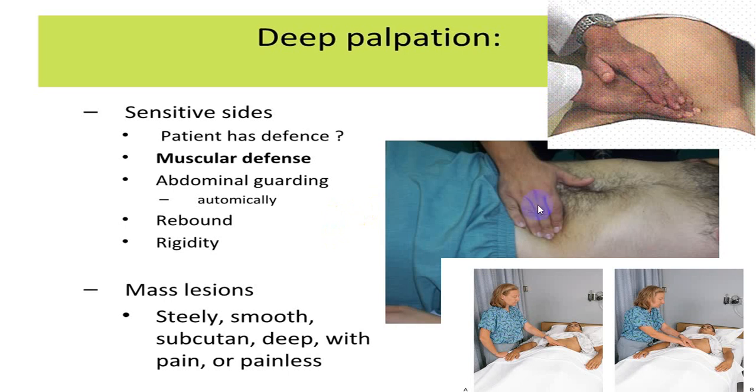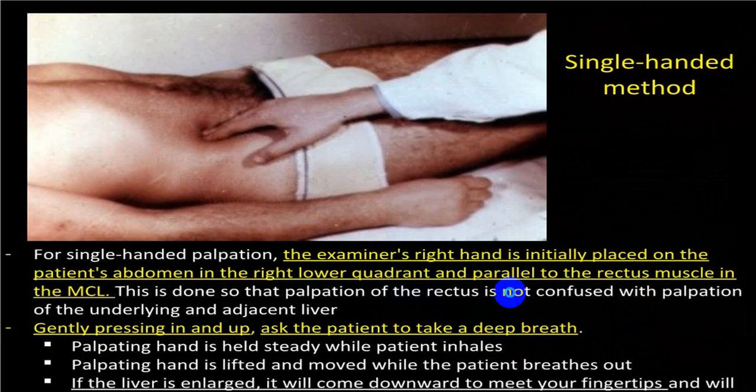So in a single hand method, you will have to flex your finger and dip your finger over the abdominal wall. If you are not able to identify by that, you can go for a two hand method, which is mainly for deeper structure and deeper mass. This is single hand method,